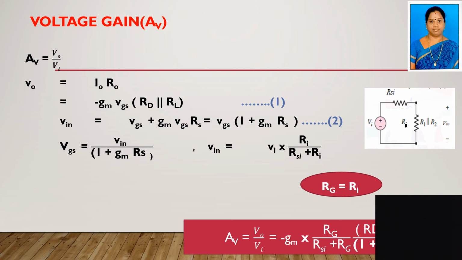Our target is to find the AV, V0 by Vi. But this V0 expression contains only VGS, and I need Vi, right? That's why I am writing Vin equal to VGS plus gm into VGS into RS, so that I get Vin in terms of VGS. Then we have to make VGS equal to Vin by 1 plus gm into RS. You have to substitute this in the first equation. You will be getting,